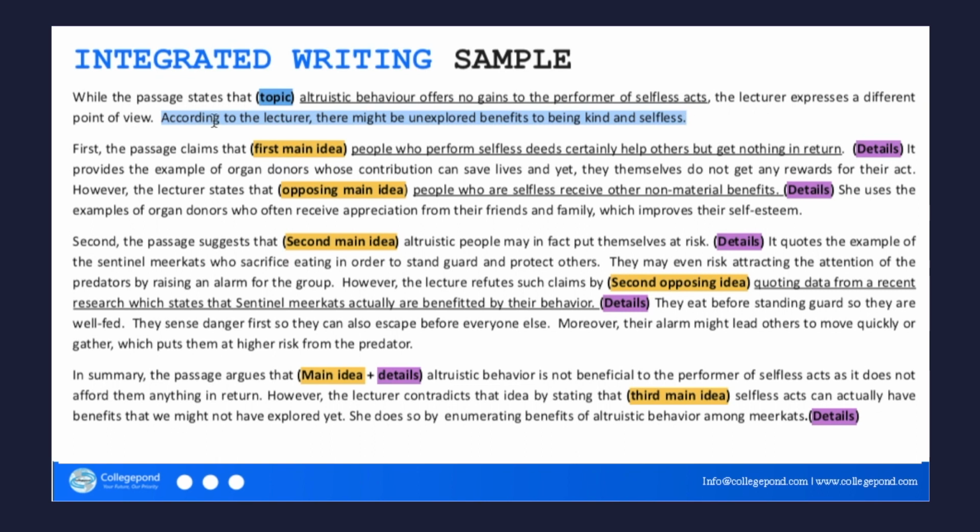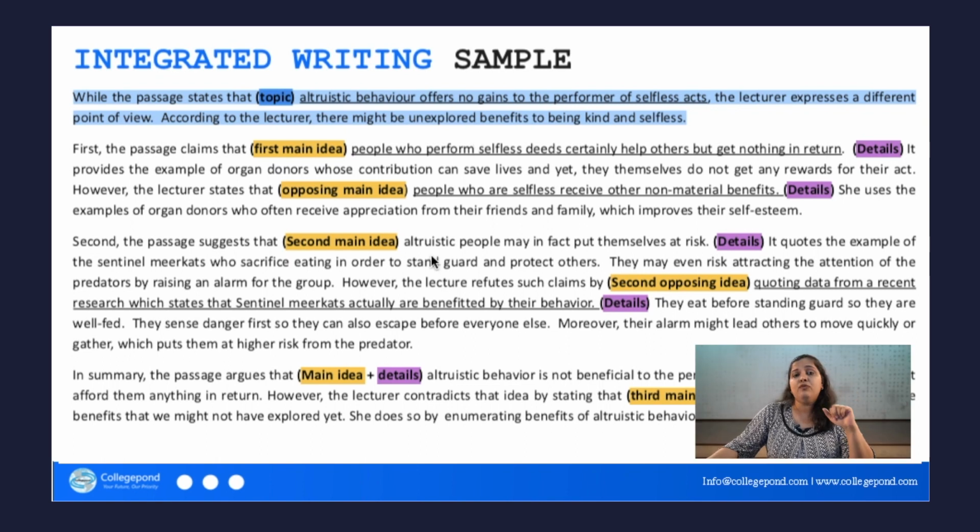So if you see, the first paragraph is a very simple paragraph with just 2 sentences. It doesn't have to be anything fancy. Then you move on to the next part, which is your first paragraph after the introduction. So you can use discourse markers like this here, what we have done here.